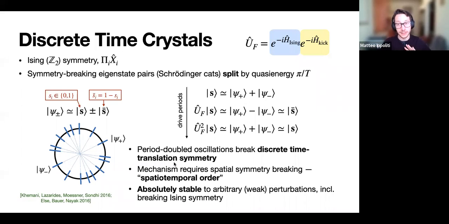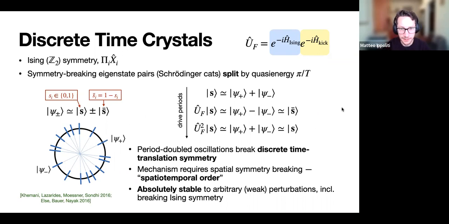And therefore these linked patterns of symmetry breaking in space and time are sometimes referred to as spatial temporal order. And again, I want to emphasize that in this example, I put in an explicit Ising symmetry in the problem, but that is in fact not necessary. So we can restore the longitudinal fields in our Ising Hamiltonian, for example, explicitly break this manifest Ising symmetry, and the same phenomenology should arise for sufficiently weak perturbations. And that's because of essentially the emergence of an Ising symmetry that wasn't there to begin with.